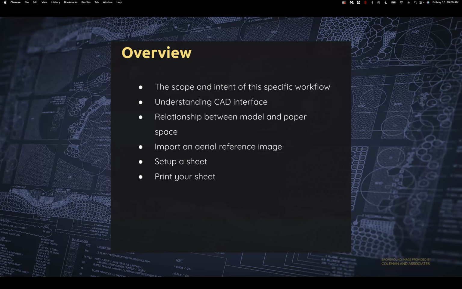We'll quickly touch on how to print your sheet and some critical things to look at, things to watch out for, and things to be aware of when you're printing. And then we're going to hop into this demonstration. When we're done with this slideshow, we're going to go through the entire process from scratch so that you can see everything in real time, essentially. We'll be going a little slower because we're teaching, but this will be a good gauge of the process for sure.